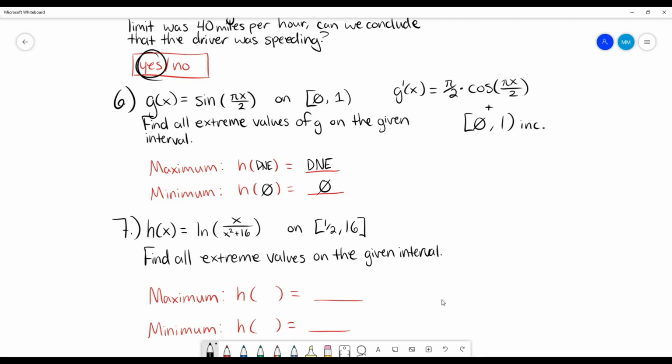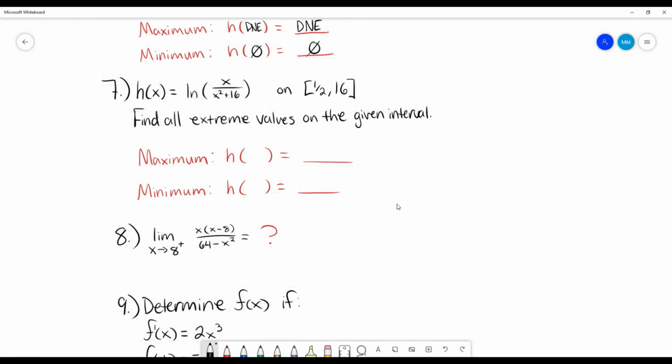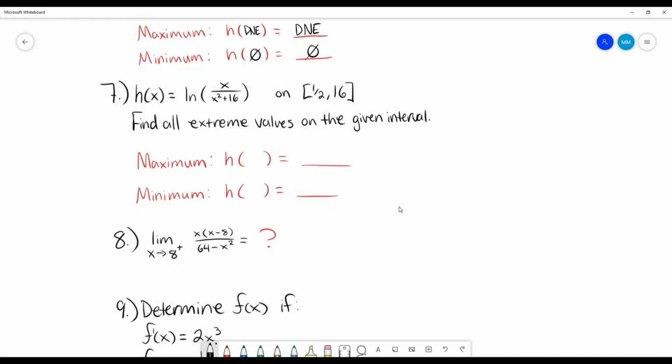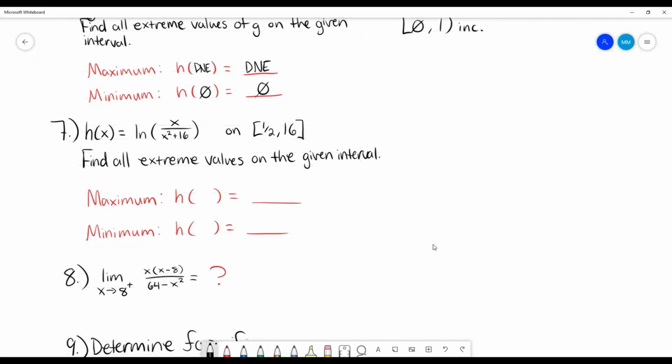Let's take a look at the next one. It's a pretty similar one, but it's a little more confusing because there is that natural log. So we want to find, again, all the extreme values on this given interval. So we're first going to take the derivative. In this case, I need to use my chain rule. So I know my outside is a natural log of something, right? And my inside is this quotient. I know that my derivative will be